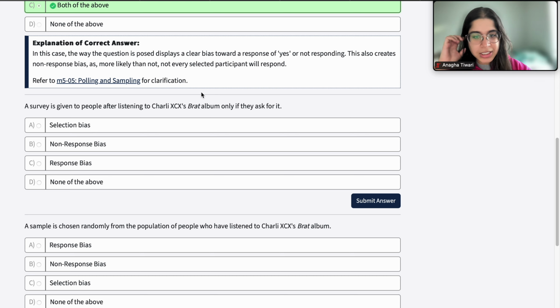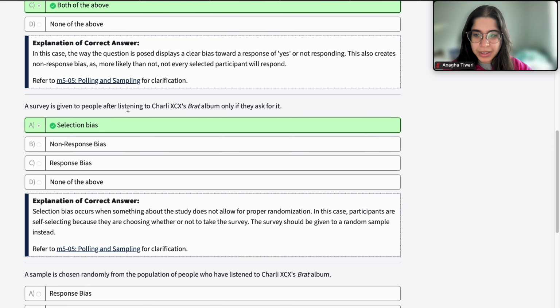So this sample that you have here is not representative of the population because these people actually select themselves to be part of the sample. Because you're only giving the survey to the people who ask for it, this sample is going to be people who are not representative of the population,